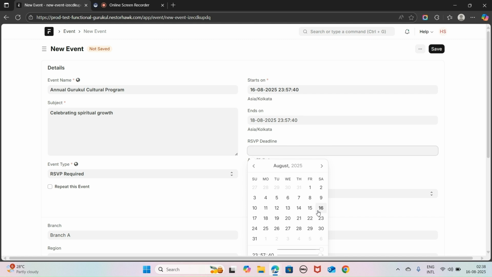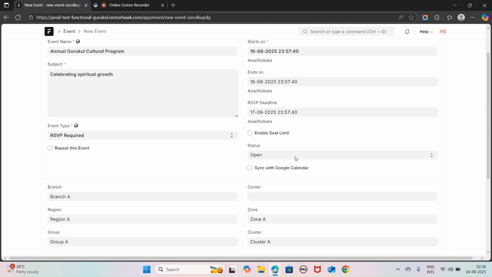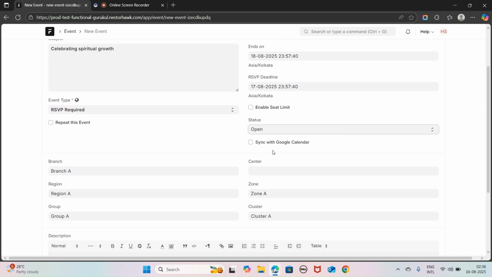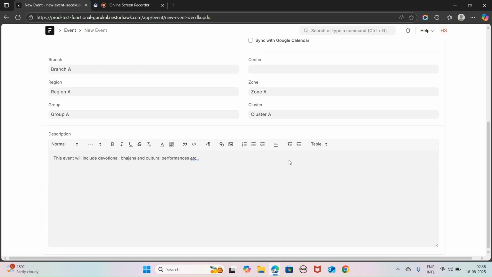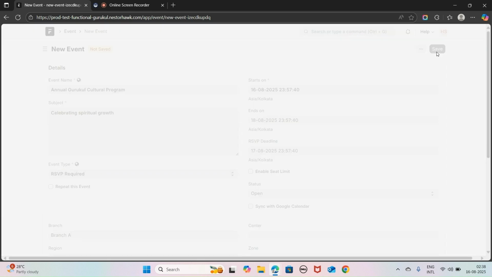So let's select 70. Okay, done. You can set the status like open, completed, closed, cancelled. You can also sync it with the Google Calendar and much more. Let's click on save after filling in all the data.